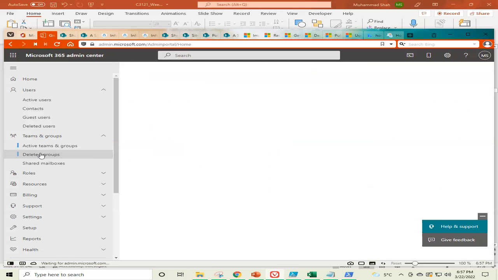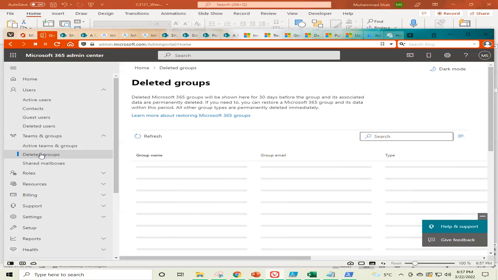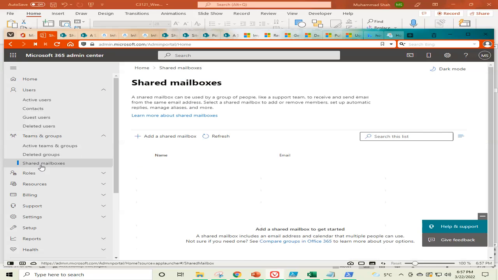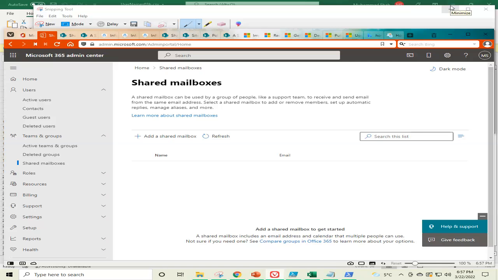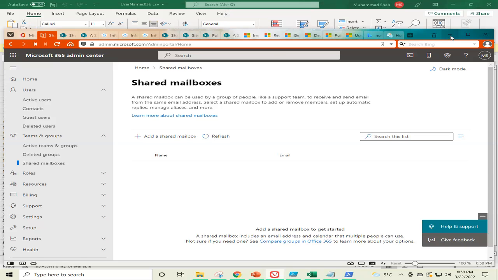Deleted groups, shared mailboxes. Okay, sorry, we cannot see it from here. We will see how we can see them later. Right now we will complete our next task,